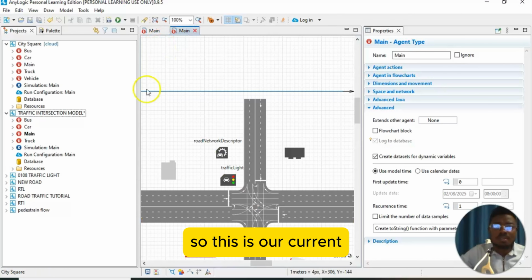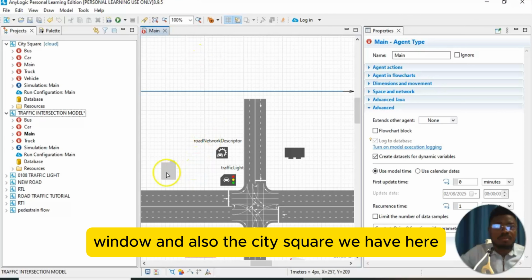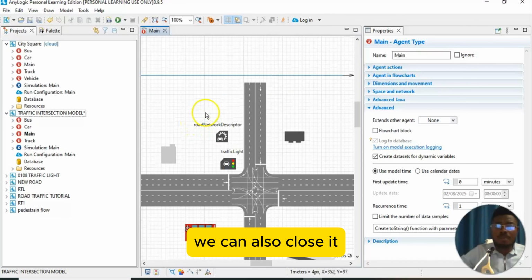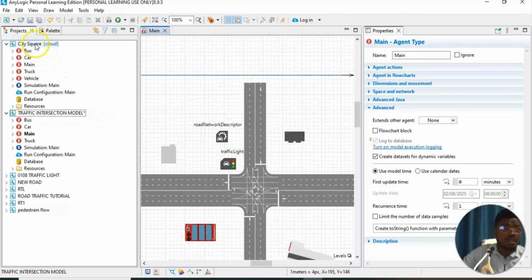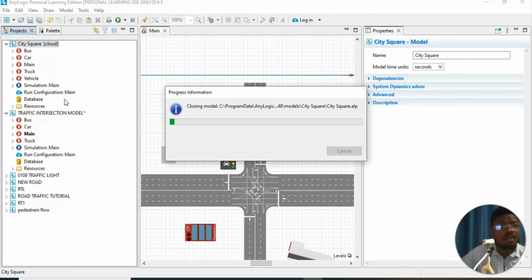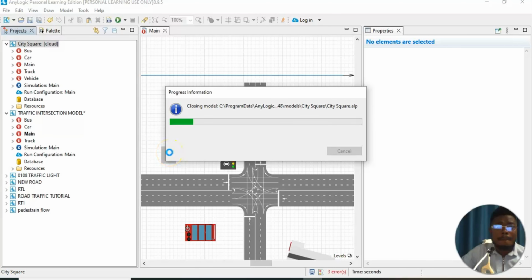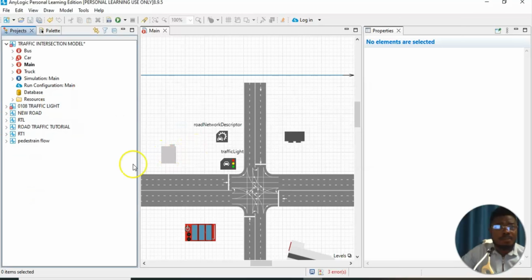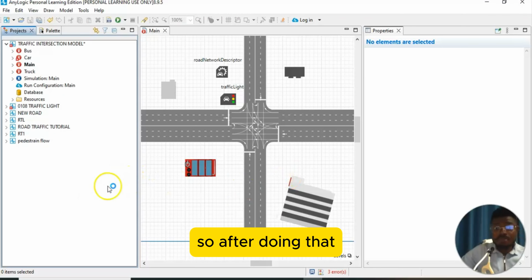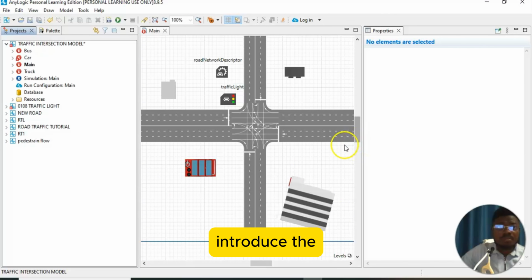So this is our current window, and also the city square we have here, we can also close it. So having this now, after doing that, the next thing we are going to do is to introduce the bus,